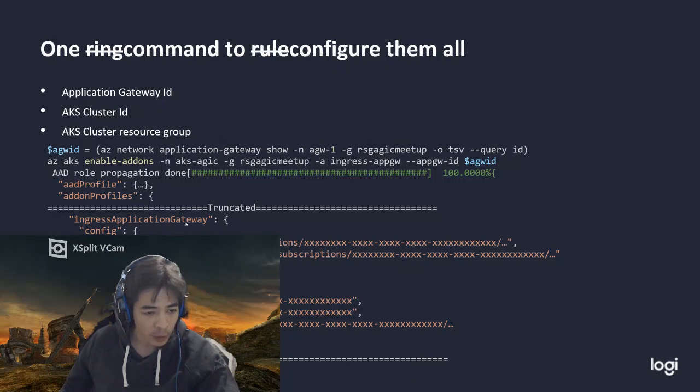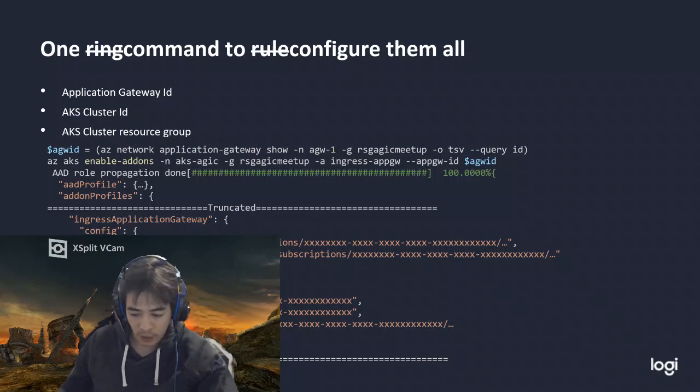For the Ingress Application Gateway, we have a few interesting outputs, such as the application gateway ID that should correspond to the one you specified in your configuration, and also managed identity information, because it will use a managed identity afterward.